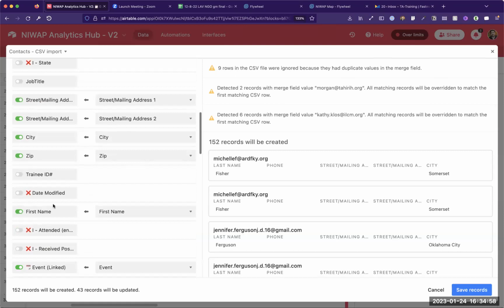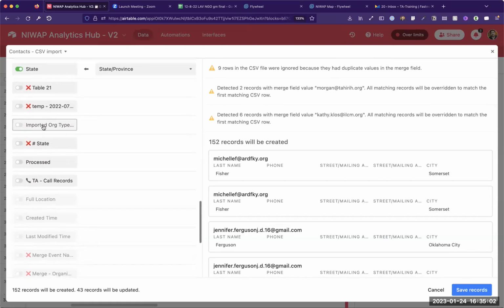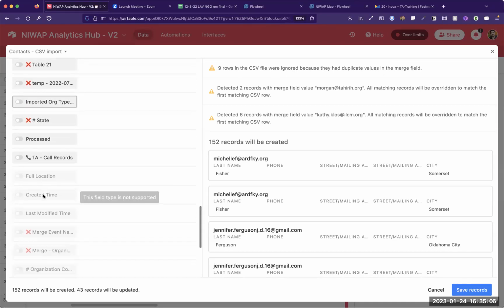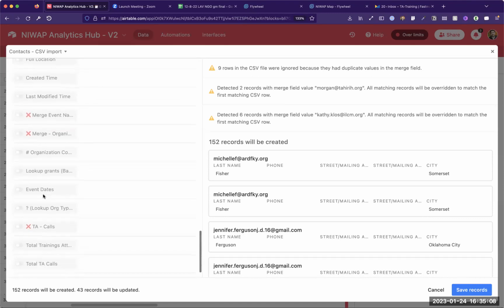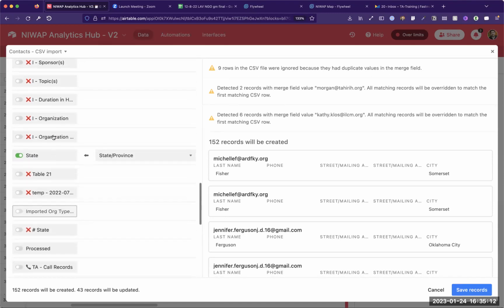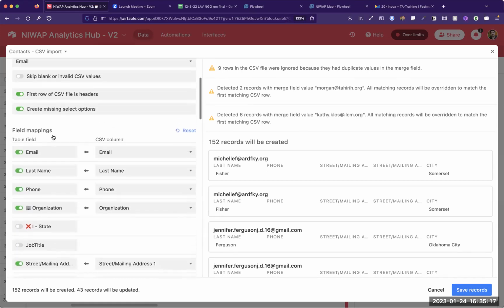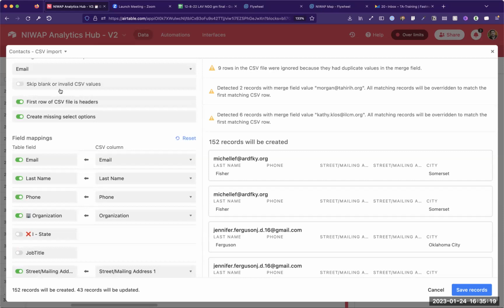The imported org type, the org type is another thing that we were super careful about. So the org type should be able to be imported and linked to the org type that's in the list. Because I was really careful, that's one of the first things I'm instructing students, it only can match what's in the list. Okay. So organization type, is that even in the